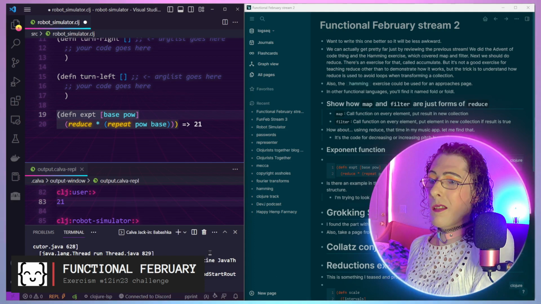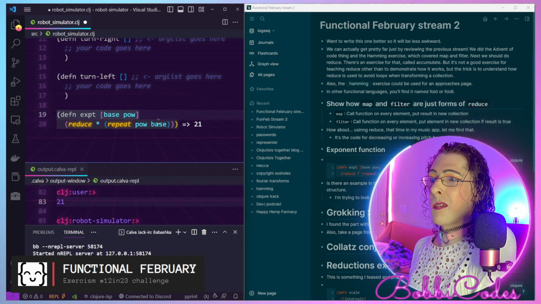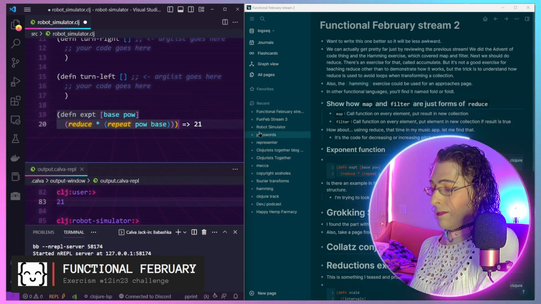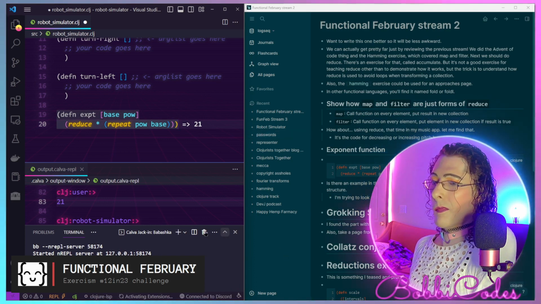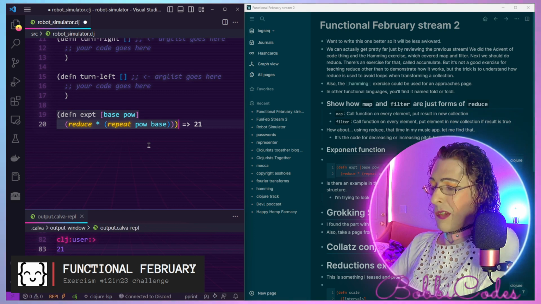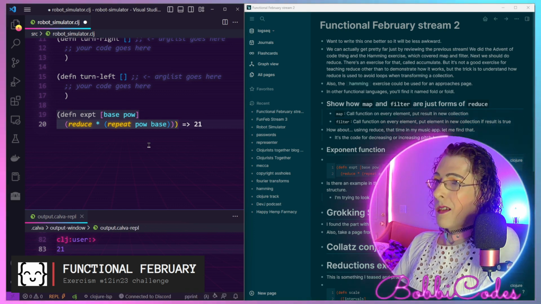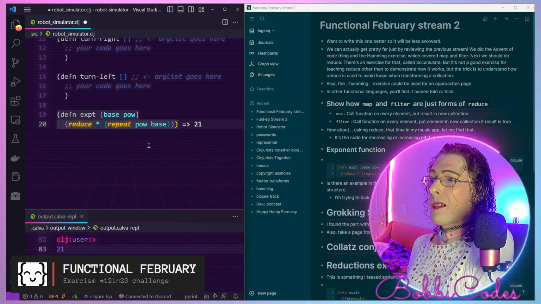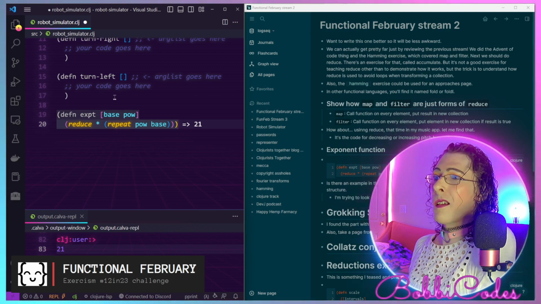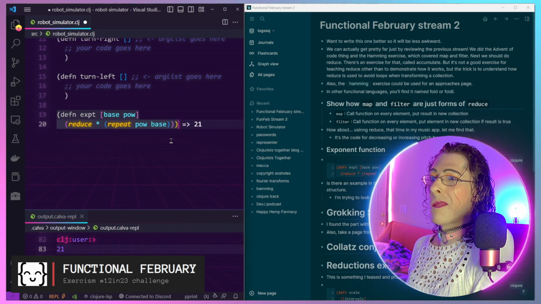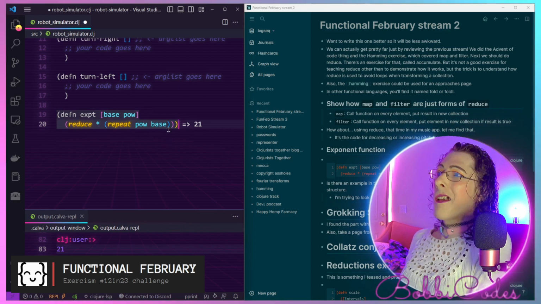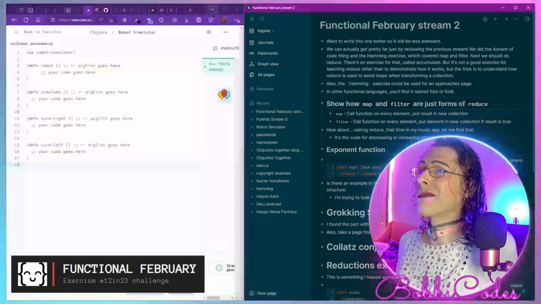Today, it seems to be running really slow. I'm going to restart my REPL. Or not. It's crashed for some reason. Well, all the more reason